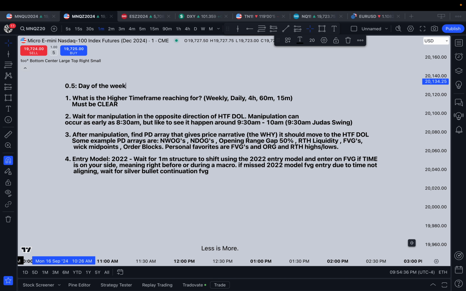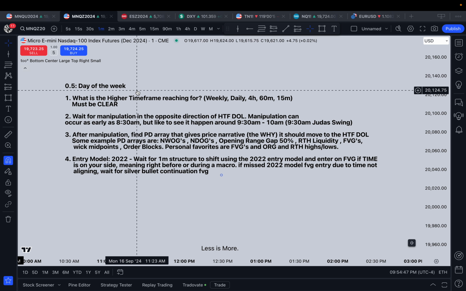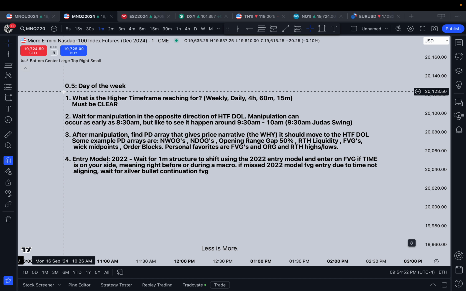Day of the week. This is for me personally. It doesn't have to apply to you, but number one is the day of the week, right? According to the economic calendar, you want to be trading on days that have the highest probability to have clean price action. That would be towards the middle of the week, Tuesday to Thursday mainly, days with high impact news, so red folder news. So you want to focus on those days. You can trade Mondays and Fridays, but be cautious on those days. So that's number one thing, right?